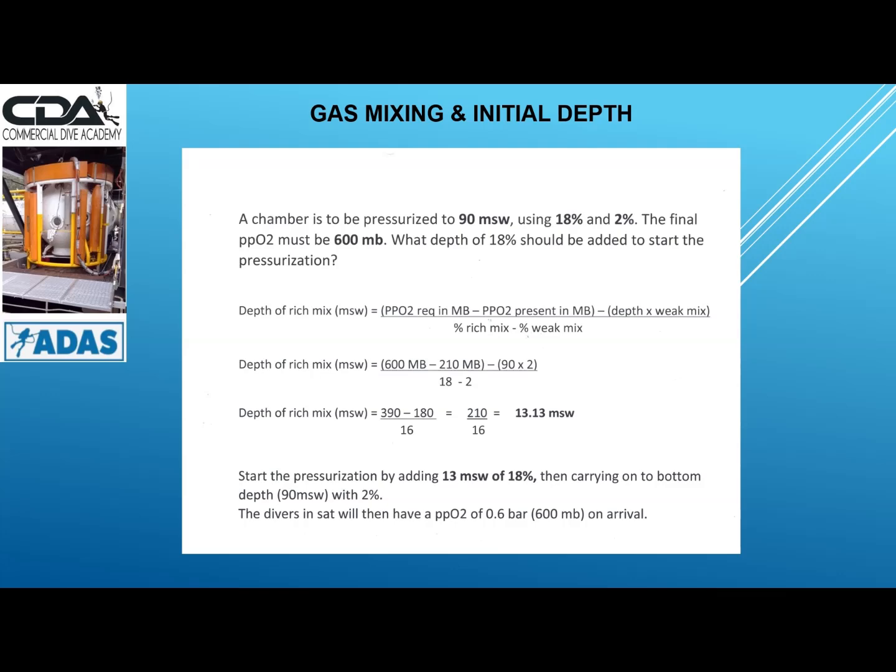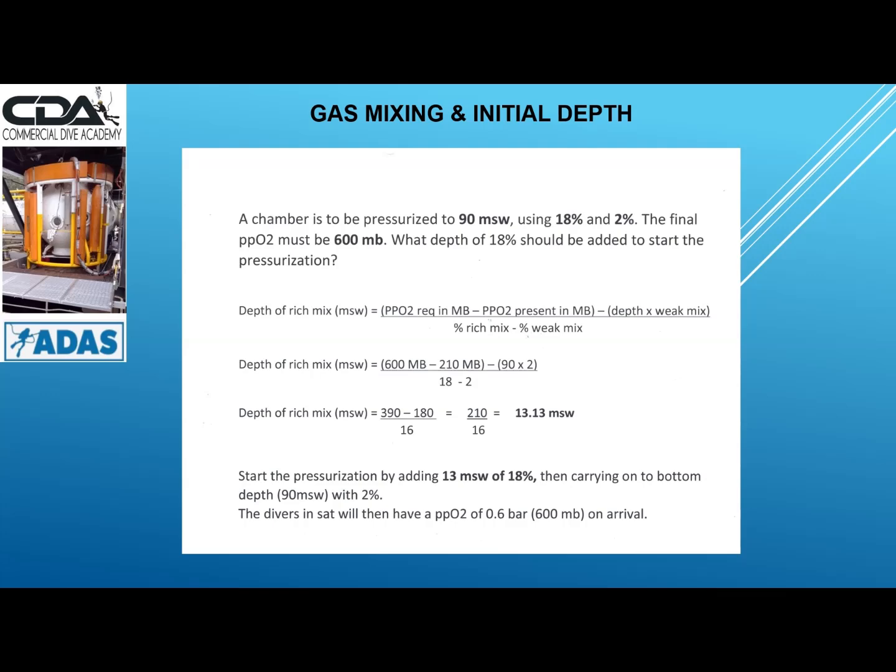So what we have to do is we've got a PPO2 required in millibars, which is 600, a PPO2 present in millibars, which is 210 millibars, which is air in the chamber. We have 21% in the chamber. We subtract the depth times the weak mix. The depth is 90 and the weak mix is 2. So divided by percent rich mix minus percent weak mix. Let's look at the numbers. 600 minus 210, and 90 times 2, and 18 minus 2. So bringing it down a bit further, we've got 390 minus 180 divided by 16. Bring it down further. 210 divided by 16 equals